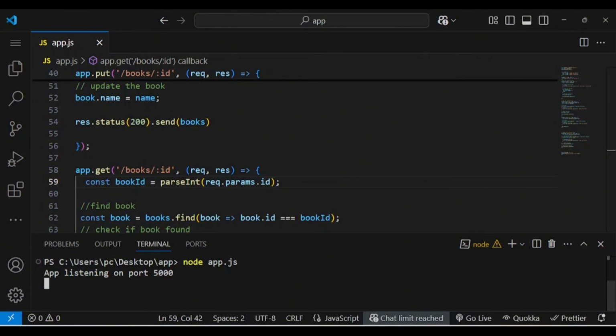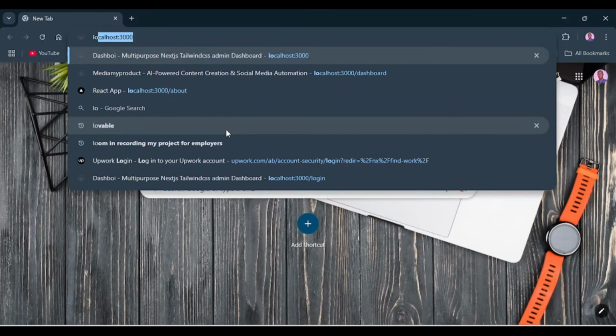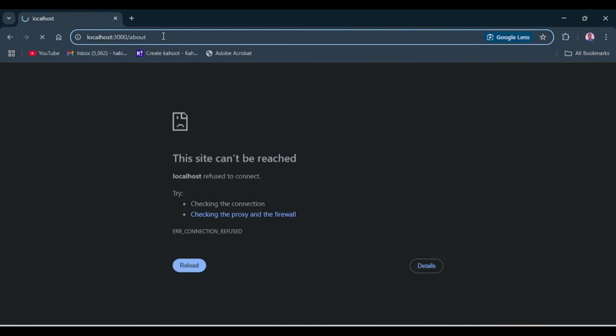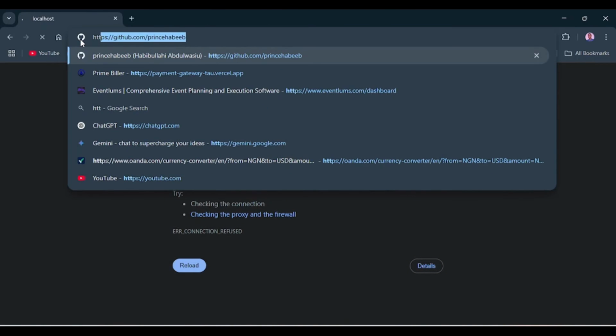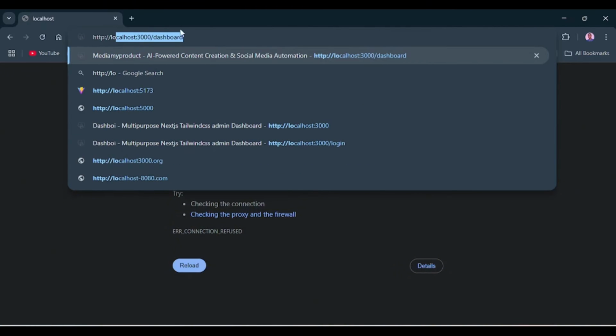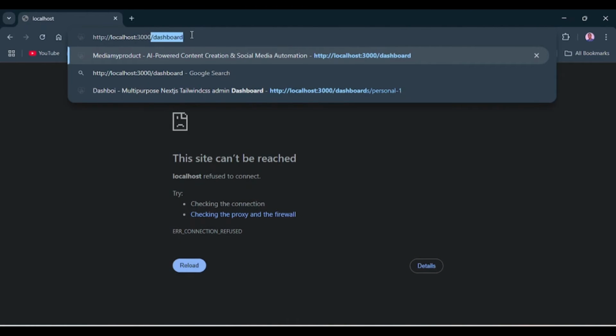Which is exactly what I want to see. So let me just go ahead and type in the localhost http. And I think this won't work because there's nothing like http. It's just localhost 3000/about, and let me just type in http and then colon, and then I can type in localhost. We are not going to be using the 3000 port,